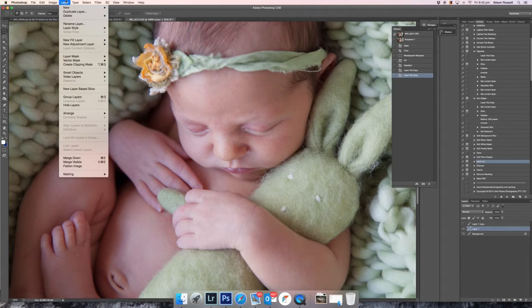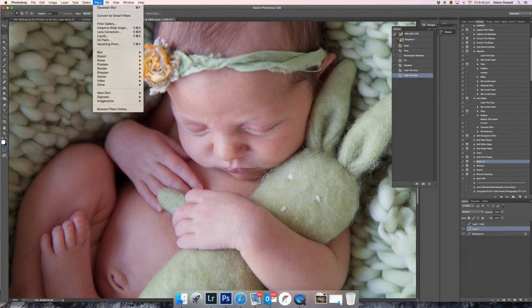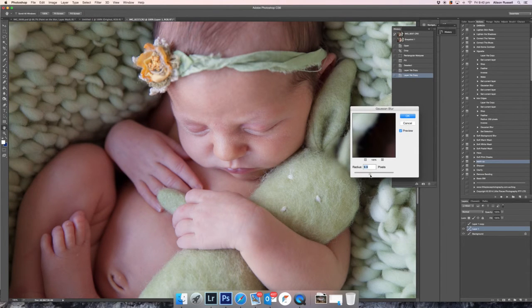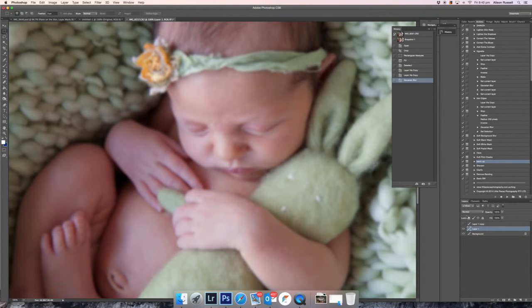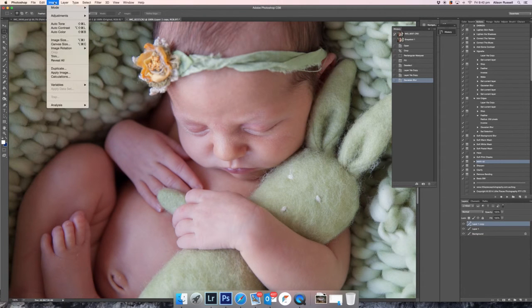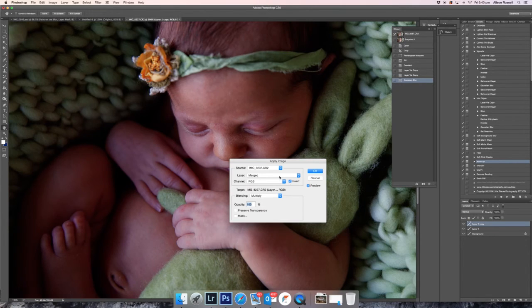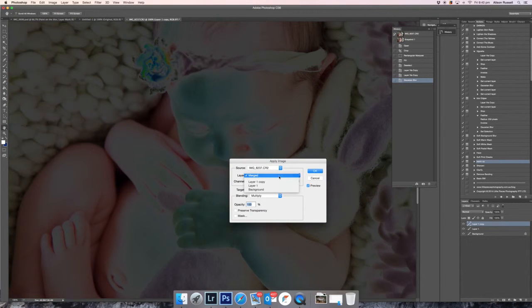So create your 2 layers of your background and turn the top layer off. Then go to filter, blur, Gaussian blur. Remember, we want to blur it to the point we just lose the detail, which is probably about there. And we turn our top layer on, go to edit, apply image, invert, go to your merge, your layer section,